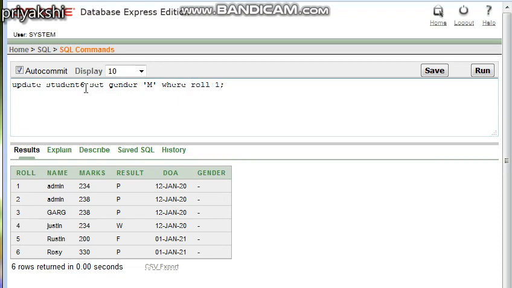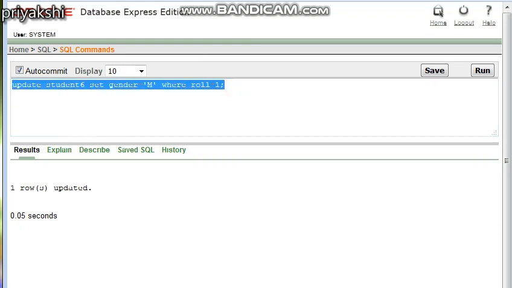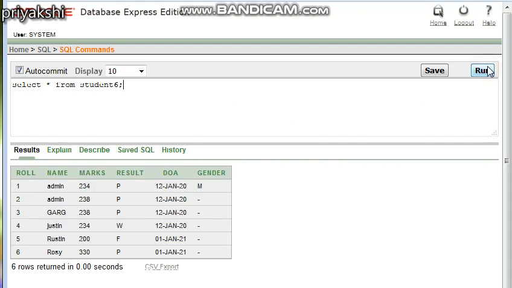So you update this table, set the value of the attribute called gender to M where roll number equal to 1. If you execute this, 1 row is updated. If you see the values, you can see that for roll number 1 the gender column has been updated.